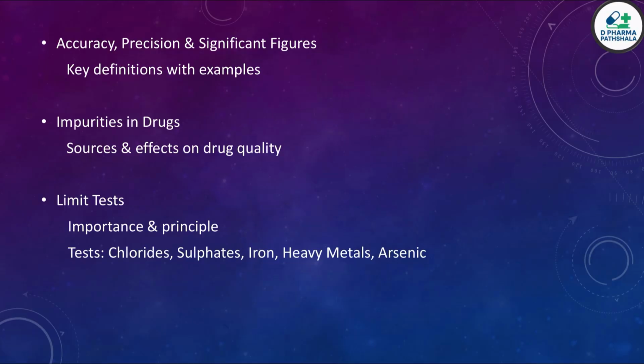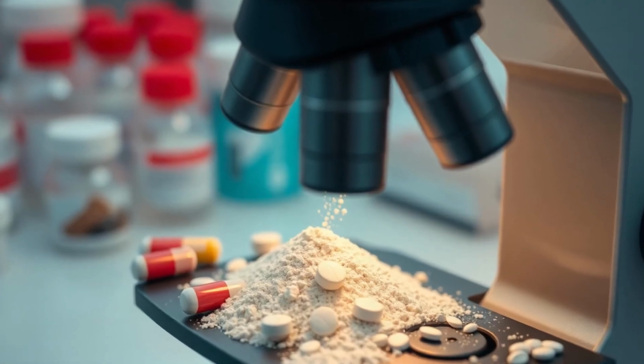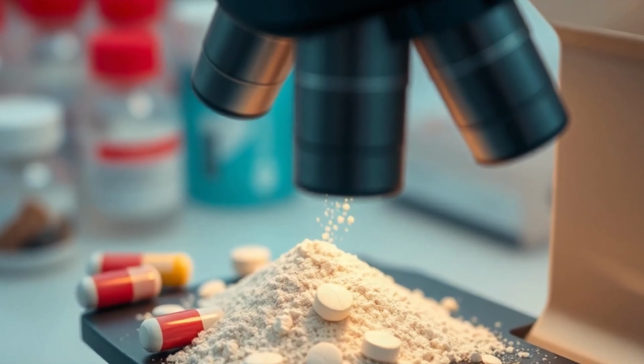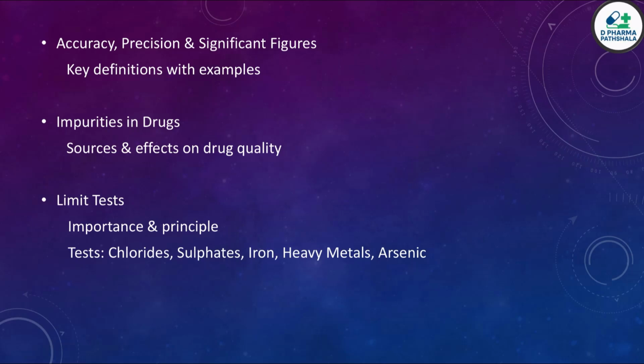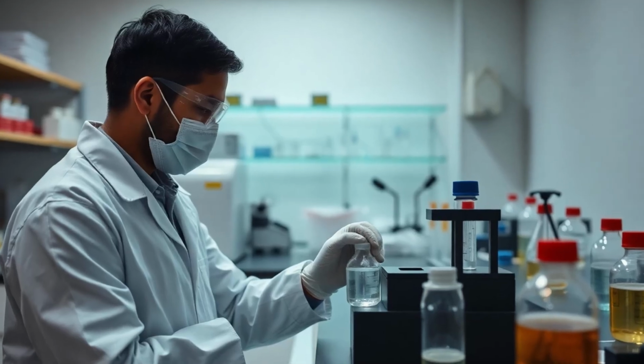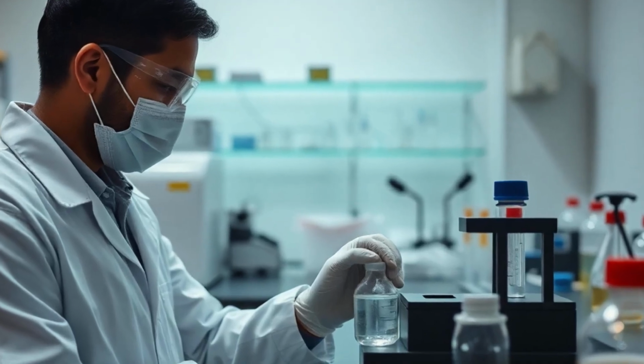We'll also discuss impurities in drugs, learning where they come from and how they can affect drug quality, safety, and efficacy. Finally, we'll spend time on the most critical part of this chapter, limit tests. We will understand their importance, basic principles, and the detailed procedures for the tests of chlorides, sulfates, iron, heavy metals,